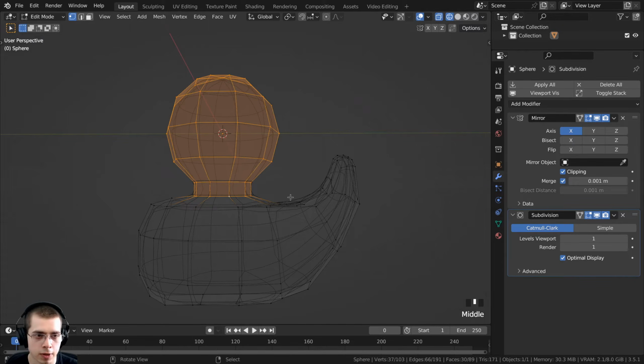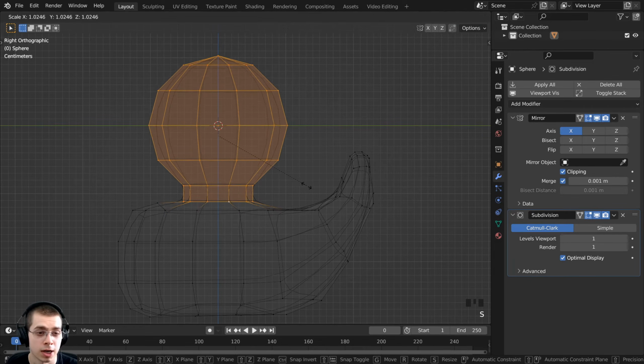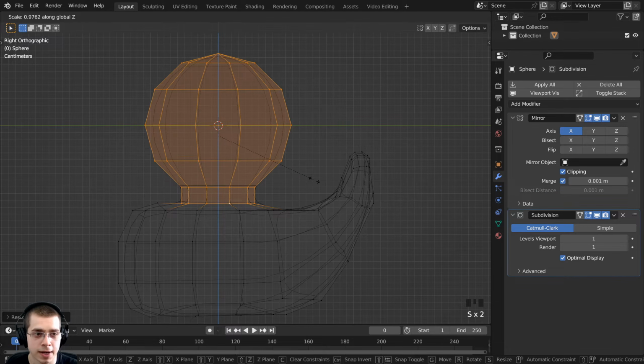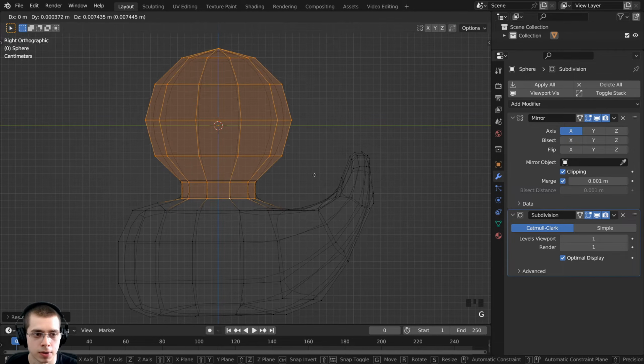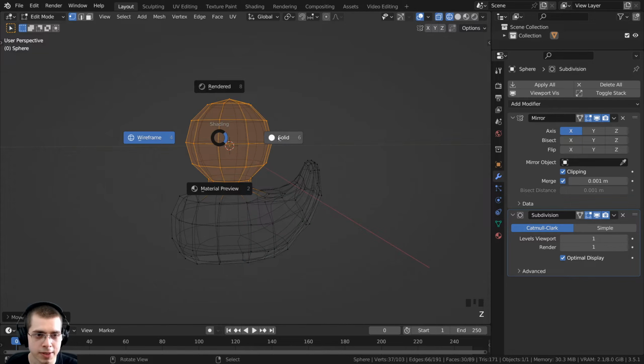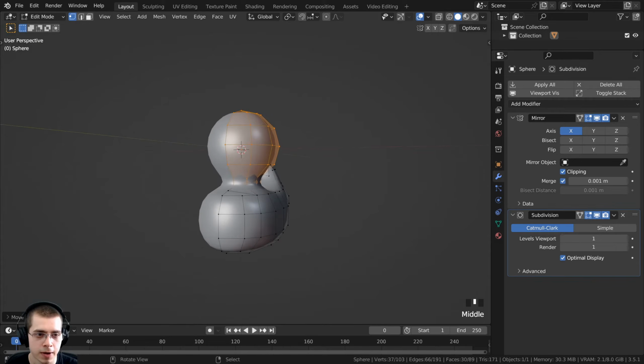So I can now press 3 on the numpad to go to side view, and I'm going to scale the entire thing up a bit. I can also scale the entire thing down on the Z-axis just a little bit, and I can also hit G to grab and bring it up a little bit. And I will hold down the Z button and go back to solid view, so now the duck's head is